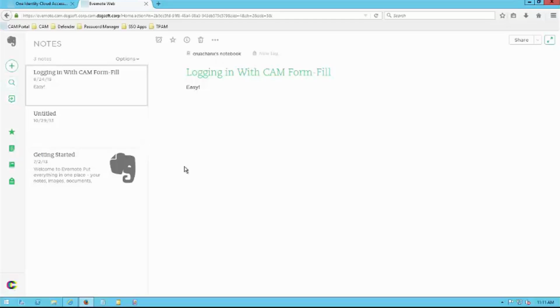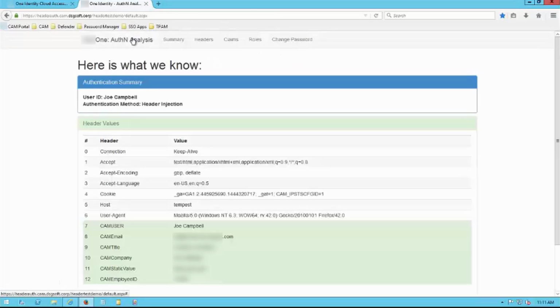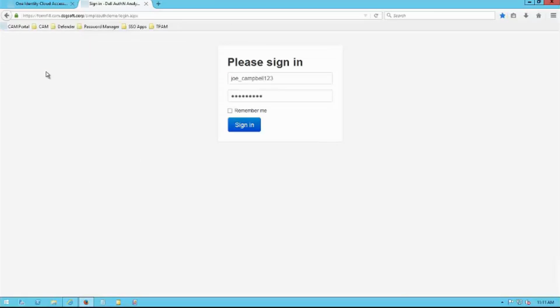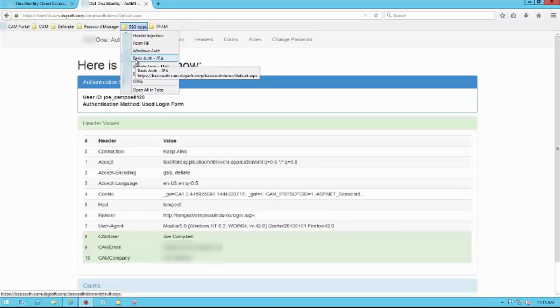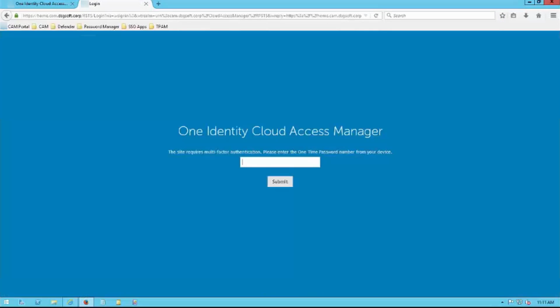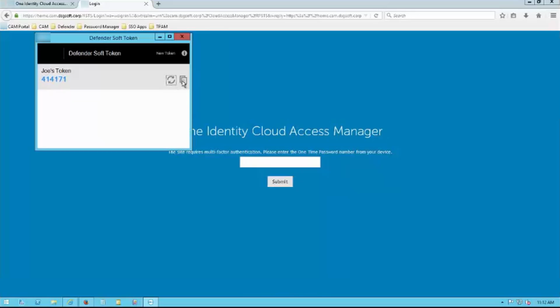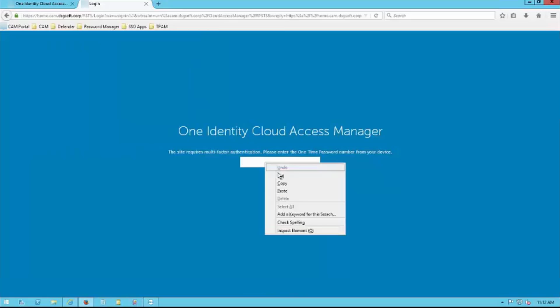And I said, we're going to get to that. So to get there, let's again play around with our bookmarks. We can go back to the header site. Works just fine. Let's go to that other form fill site. Works great. Love it. Now I go and hit that basic authentication site, and I get prompted for a multi-factor token. So here I can go to my phone. I can go open up a client app like I'm going to do now for demo purposes. I'll just open up my Java client, get a fresh token, copy that, paste it in,